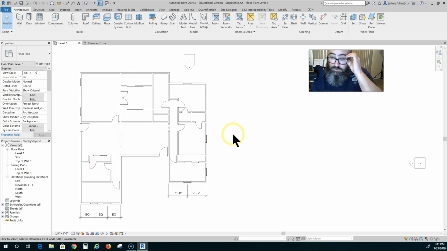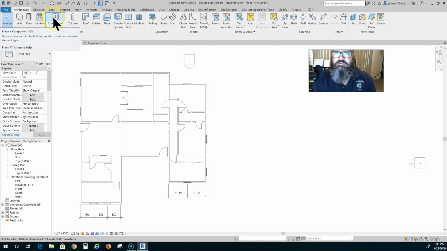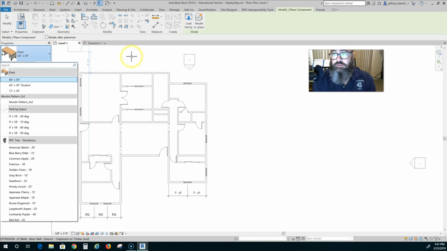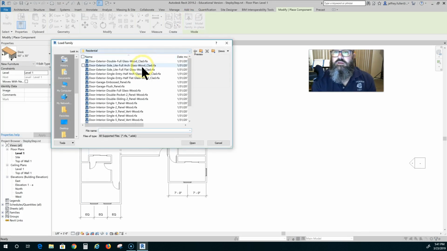But now we want to actually place bathroom fixtures, your plumbing fixtures, because everybody's going to have to go to the bathroom at some point in time or another, and we just cannot do that outdoors anymore. So to place these bathroom fixtures, I'm going to go to component this time. Not windows, not doors, but component. Everything besides windows and doors, everything else falls under components. And you see here, I have a desk, some furniture, which is already preloaded. So I'm going to go to load family,